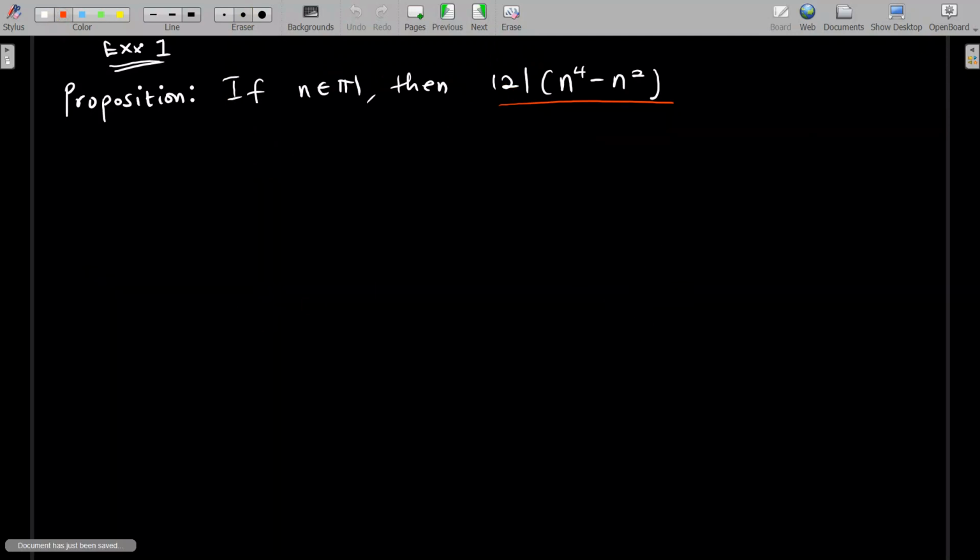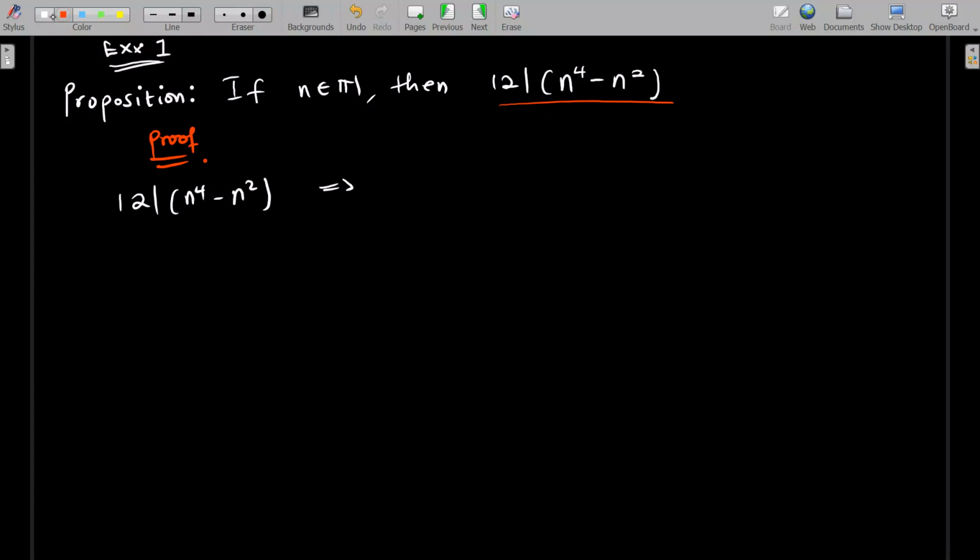Now let's pick this problem here. We have example 1, which says that if n is a natural number, then 12 divides n to the 4th power minus n squared. Let me write a proof here and start. To prove this, if I say 12 divides n to the 4th power minus n squared, then it means that I can write